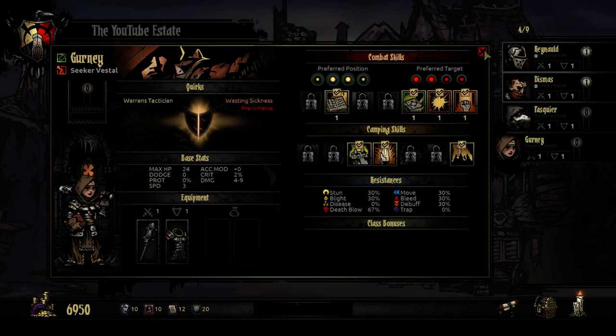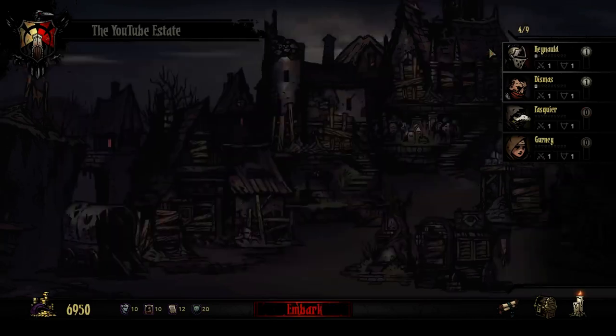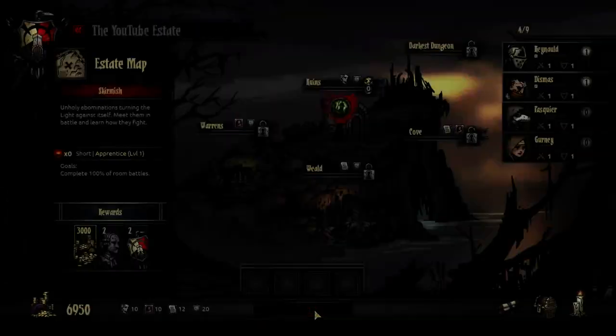So let's go ahead and do one quote-unquote real mission before we end this video, because that's all that there is to do for now. On the embark screen, you get to choose...